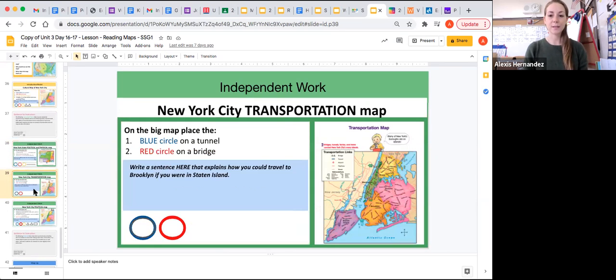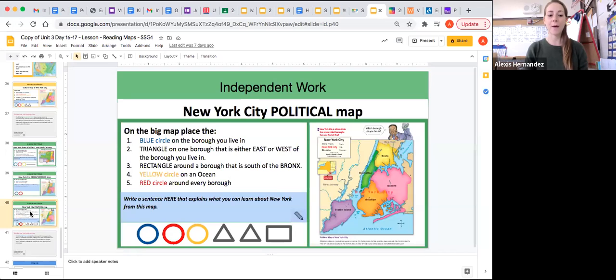They learn about transportation maps. And they start to think about the ways that these maps are similar and the ways that these maps are different. Now, this lesson plan goes across 2 days, 16 and 17. So this video is going to provide you with a modification that you can use on